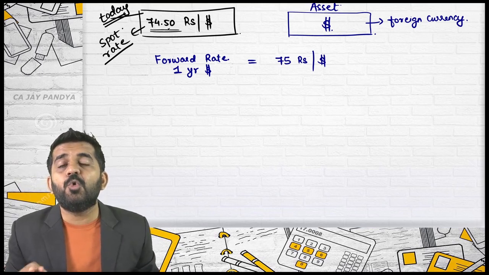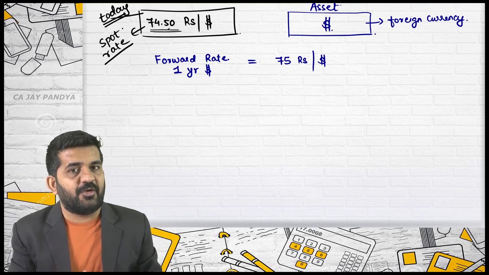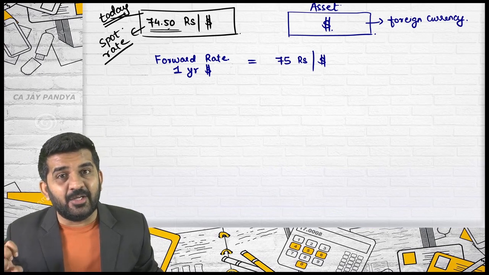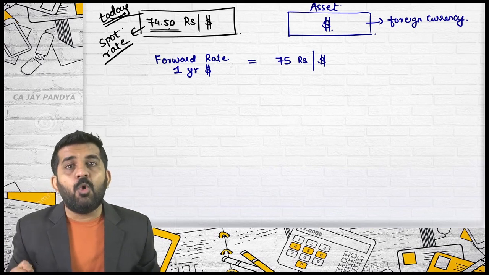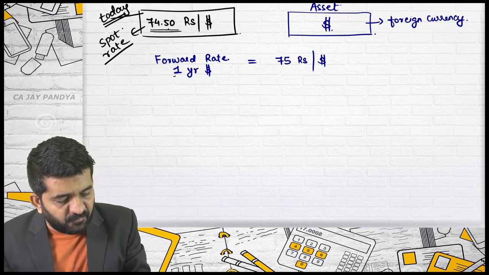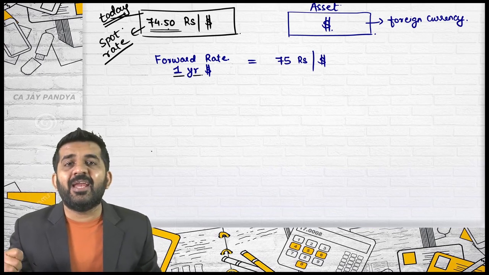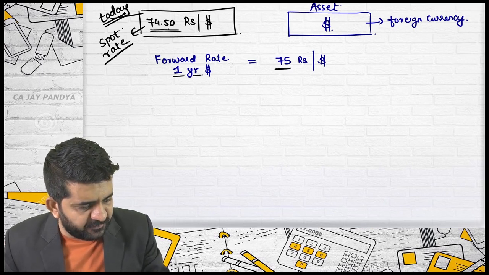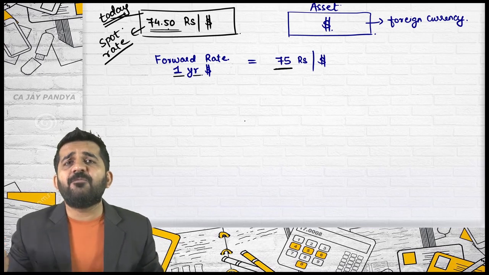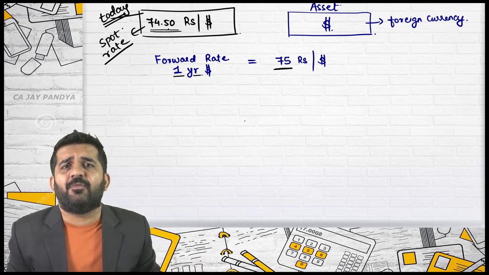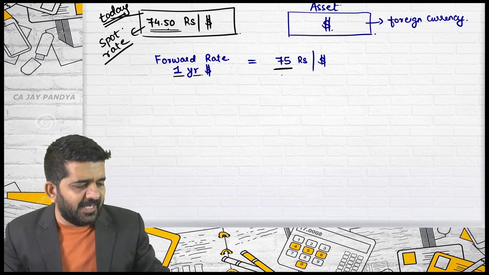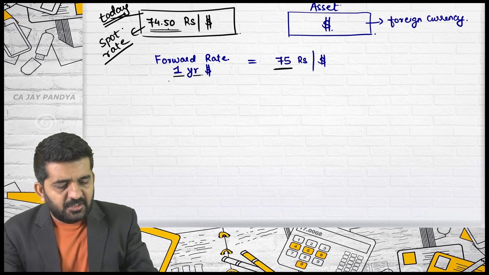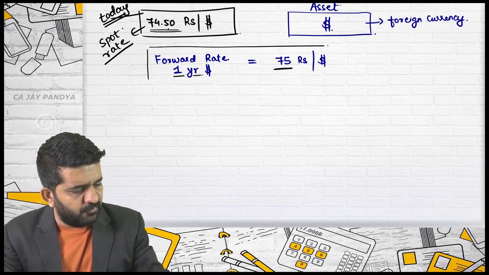But if I want to enter into forward contract, we are very comfortable with forward contract. If you want to enter into contract today, but want to purchase a dollar after 1 year, you can enter into a compulsory forward contract at a rate of 75. So after 1 year, whether the rate is 100 or whether the rate is 50, you will be getting $1 at the rate of 75 rupees. Is that right? This is a 1 year forward rate.